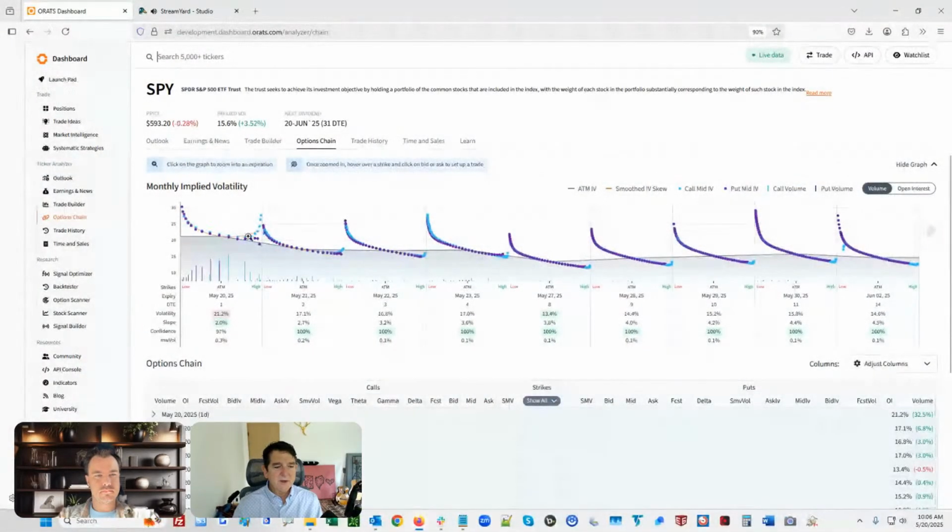So SPY probably isn't the best example, but here, this orange line is our smoothing line. What that means is we get the cyan, which is call implied volatilities, and purple, which is put implied volatilities, and we line them up. We have a ton of information on the S&V calculation, but lining those up, getting the right interest rates, the right dividend assumptions, is a very important part of that. And then we draw a smooth skew through the